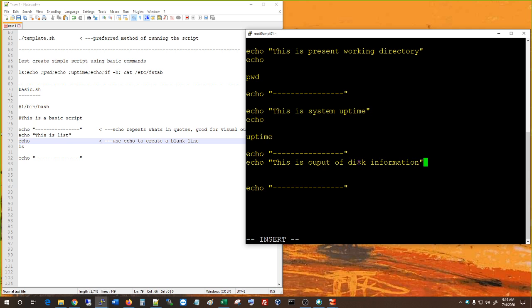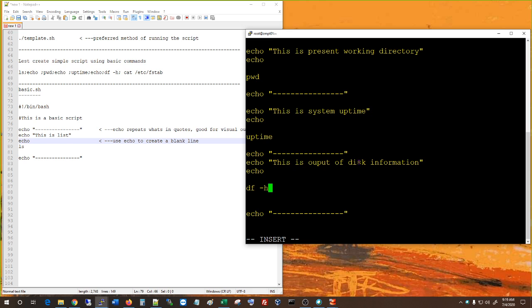Okay, I'm gonna close this. I'm gonna create a blank line so that it looks visually appealing. I'm gonna type the command df -h. Okay,